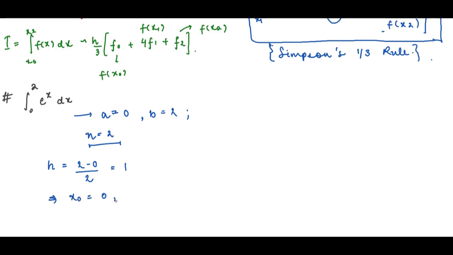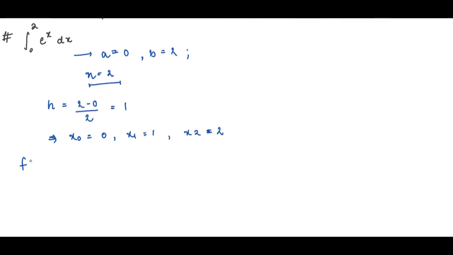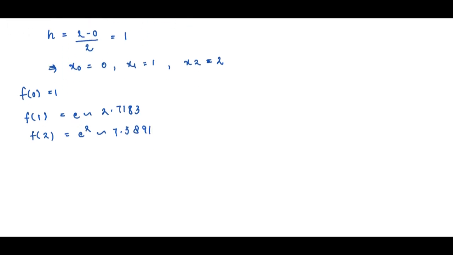So our points become x0 as 0, x1 as 1 and x2 as 2. Now calculating the function values: f0 as 1, f1 as e, which is approximately 2.7183, and f2 as 7.3891 approximately. Now using this, I is approximately h by 3 times f0 plus 4 times f1 plus f2,